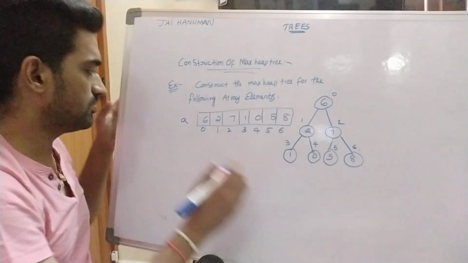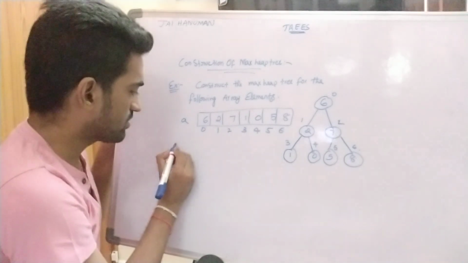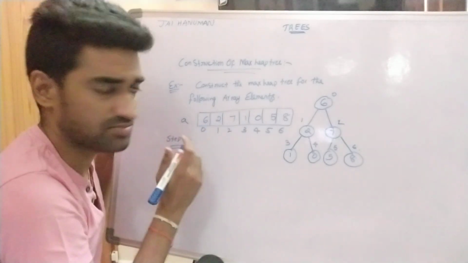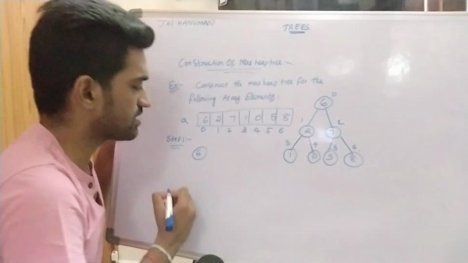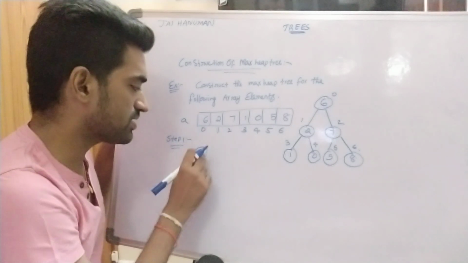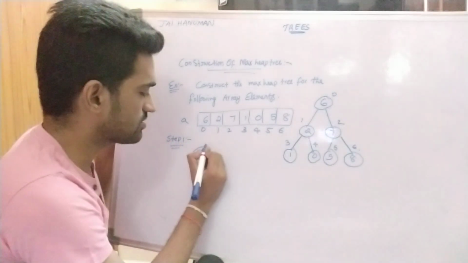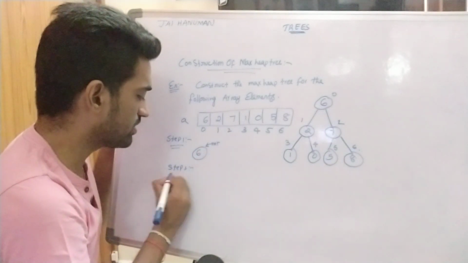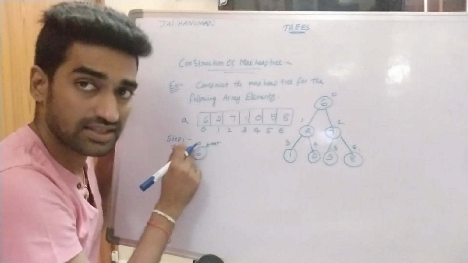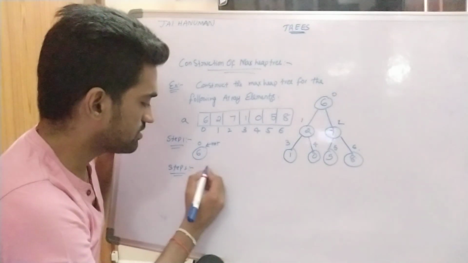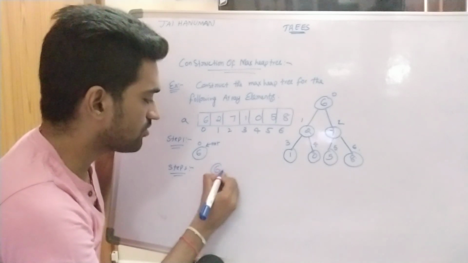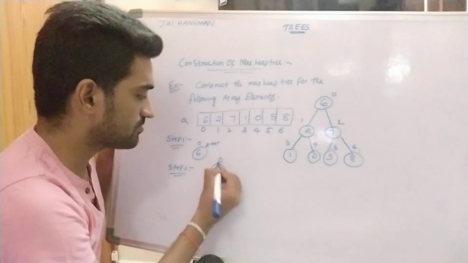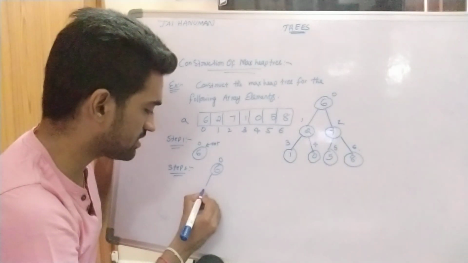So here first of all I am constructing a max heap tree for this array. What is the first node? 6. Here the tree is empty, so the first element becomes the root node, right? So this is the root. In step 2 we are inserting one more element. 0 is nothing but the index, right? In the second step I am inserting one more node at the 2i plus 1 position. 2 into 0 plus 1, that is the first position. At the first position I am placing 2.